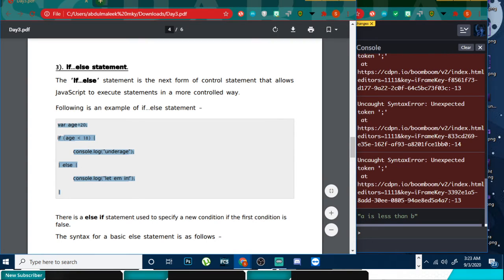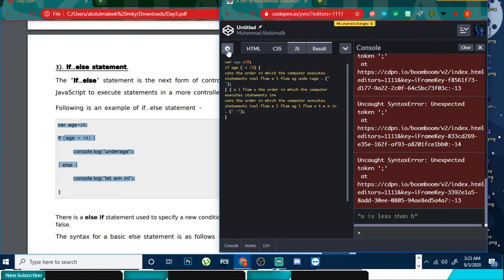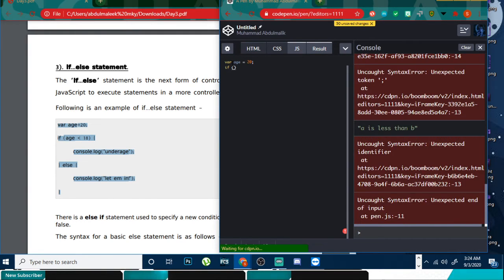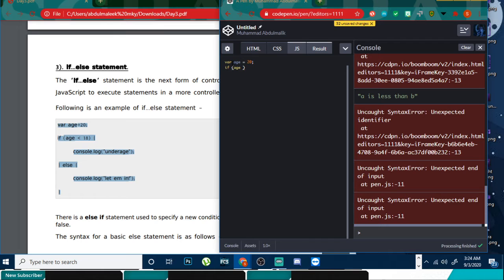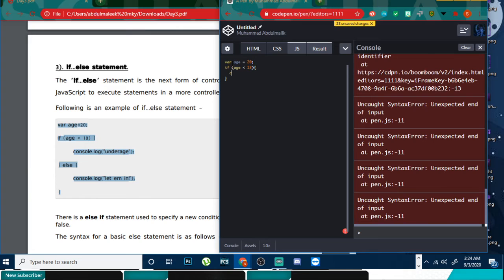So let's copy this. var age equals 20, if age greater than 18, console.log